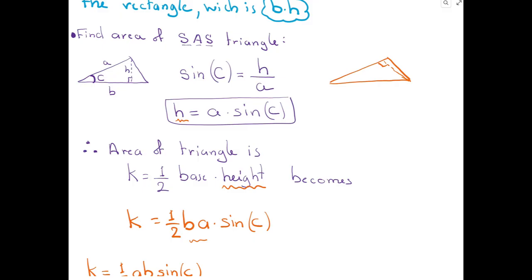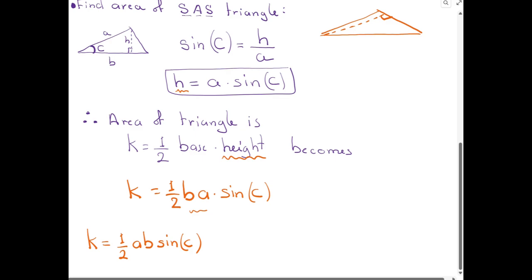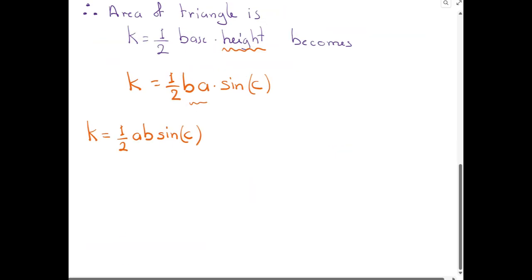It's not quite well drawn, but what I'm trying to show you is that you can drop your altitude from any vertex, and therefore this can just be rearranged using your different sides and angle,